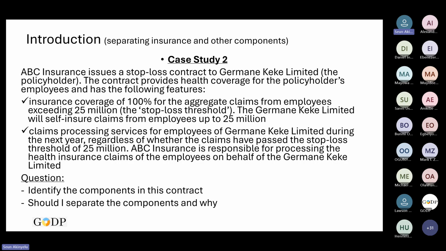Why? Because the benefit from one has no relationship with the other. They are doing the service of claims administration, writing the name of all the people that are supposed to collect claims, whether they will pay it or not. And when they are done, at the end of the year, they will get paid for doing that. So if you look at it, they are not highly interrelated.